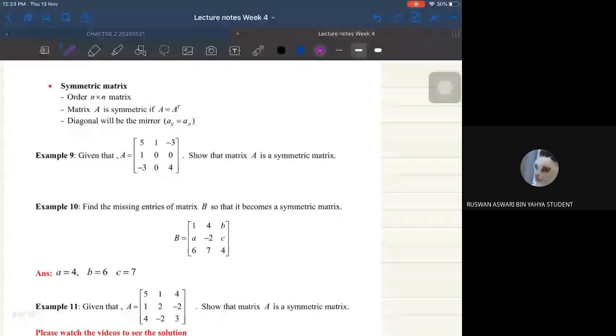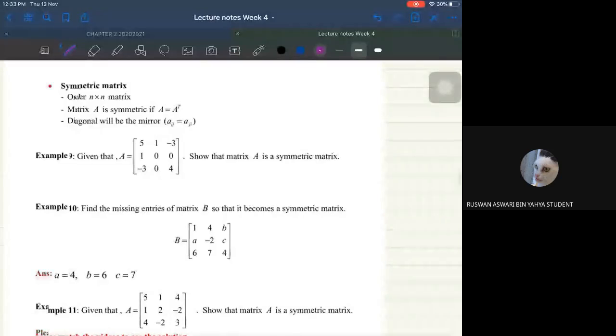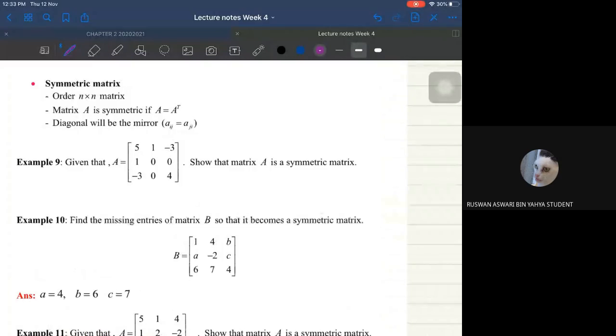The next one is symmetric matrix. So what is a symmetric matrix? Syarat yang pertama, dia mesti a square matrix. Okay. Dia mesti n by n matrix. Kita akan kata dia symmetric matrix kalau awak boleh buktikan A is equal to A transpose. Okay. Yang last point ni, saya nak bagi hint dekat awak macam mana nak tahu secara cepat dia